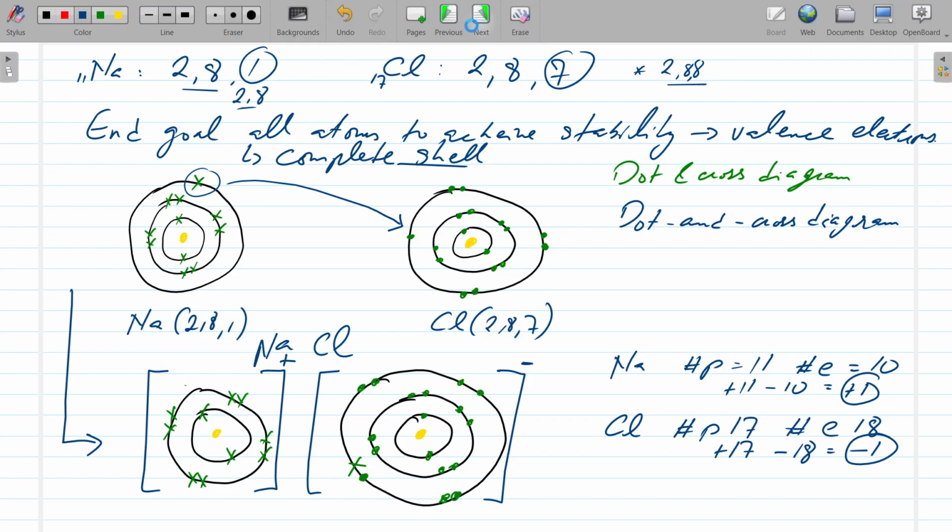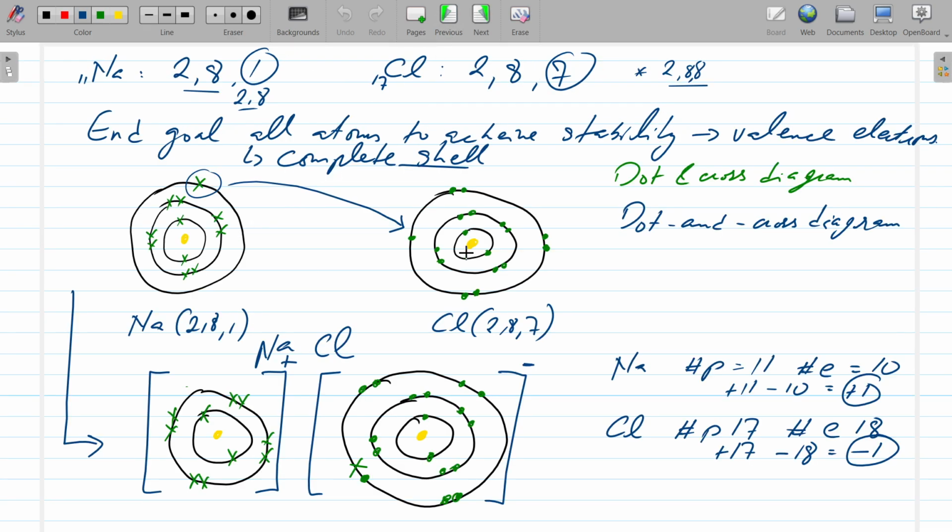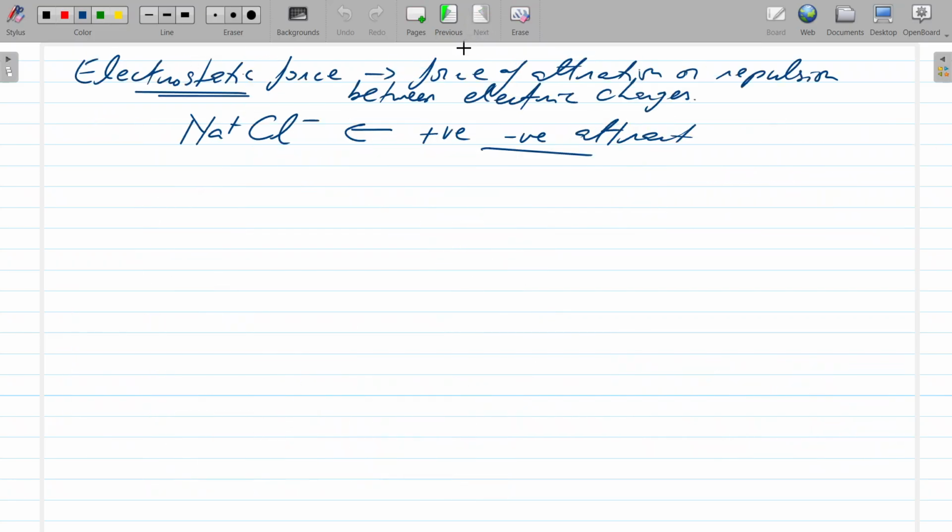Okay, now as I was saying, these dot and cross diagrams are very complex because we're showing all the electrons that there are. And that makes it difficult to draw every time. So you need to simplify. So, since you know that only the outermost electrons are involved in ionic bonding,